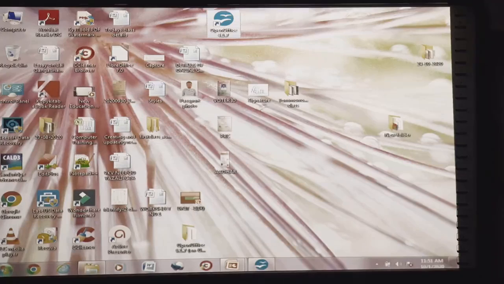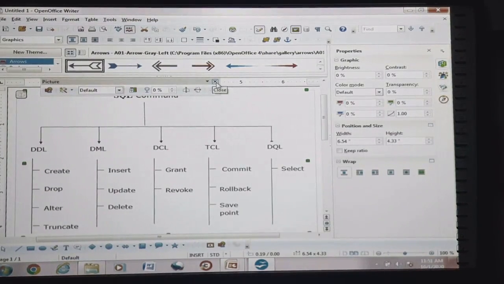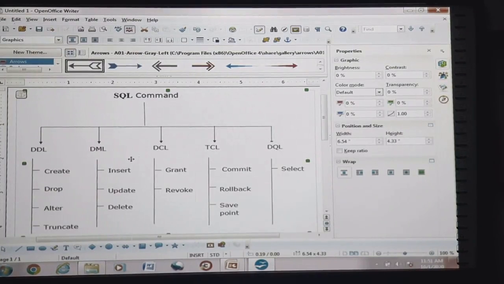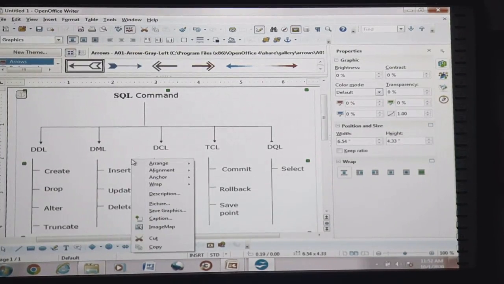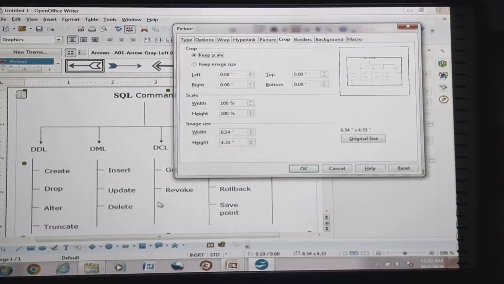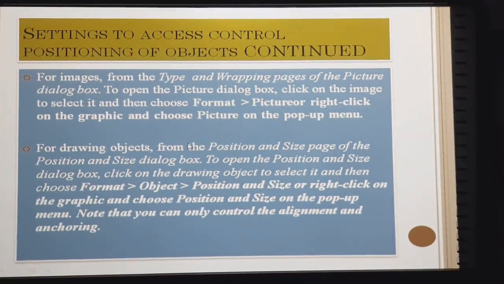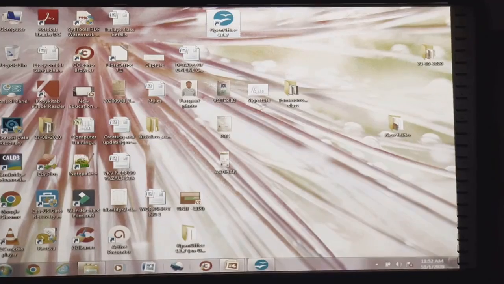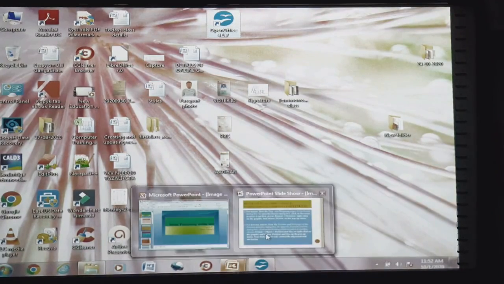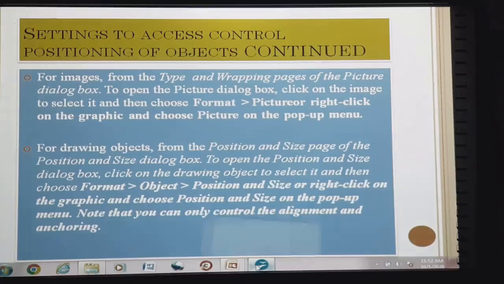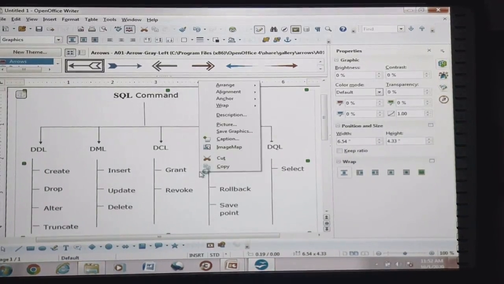So how can it be done? See, it is already there in our image. Now suppose I have closed it. Simply right click and choose picture on the pop-up menu.